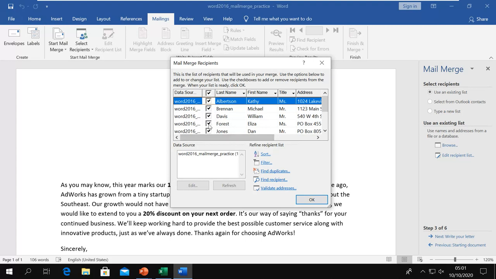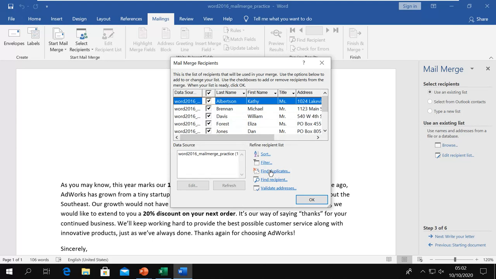Now here you have options to sort, filter, eliminate the duplicates, and even to find some recipient. These options are for refining the recipient list. That means if you have a list of 100, 200 or 500 recipients, then you can sort those by last name, first name, even address or anything, so that it is easy to find, and you can use filter to find some specific names and addresses.